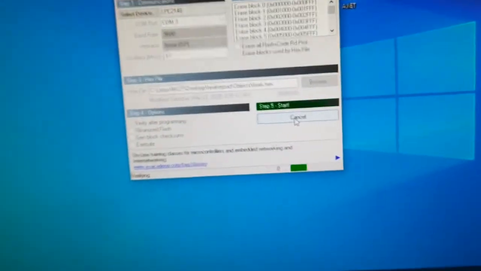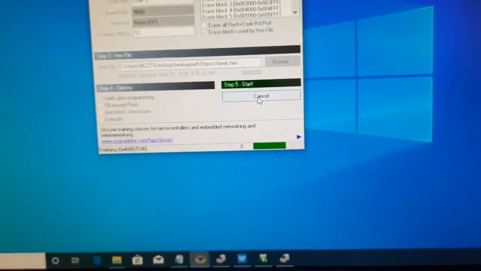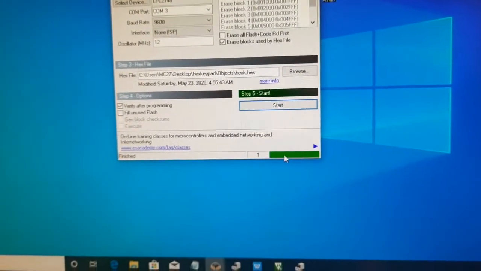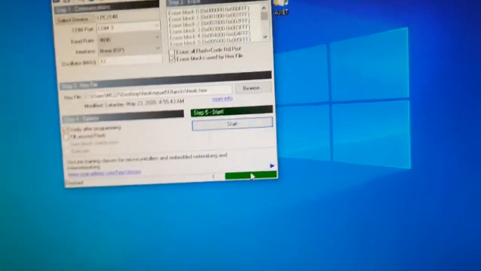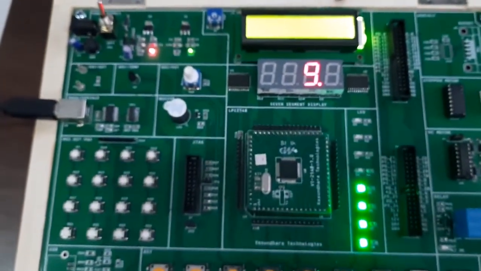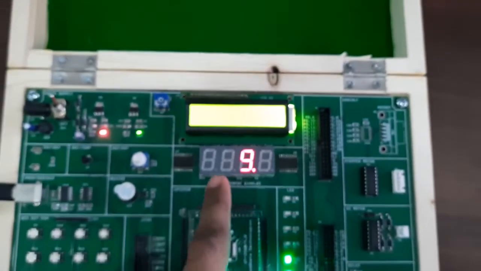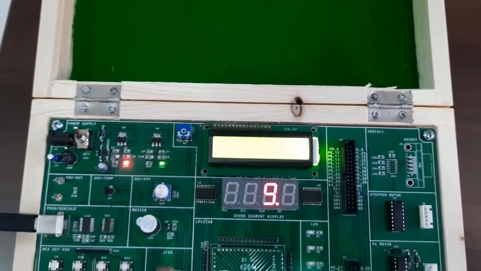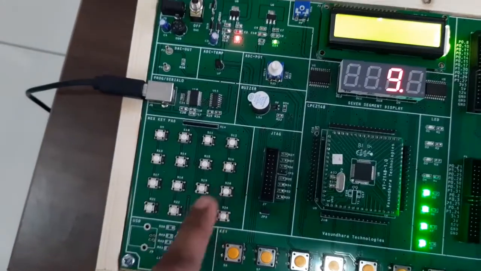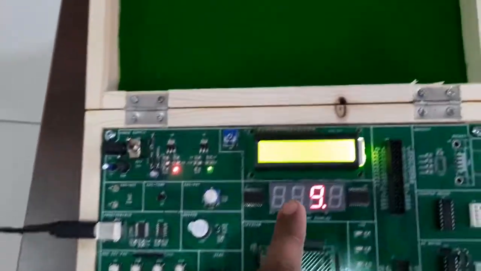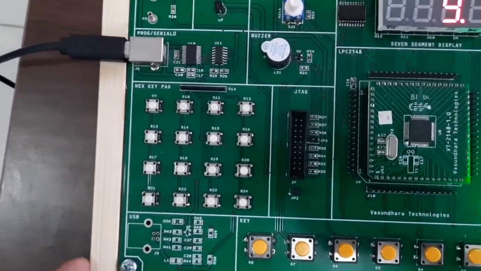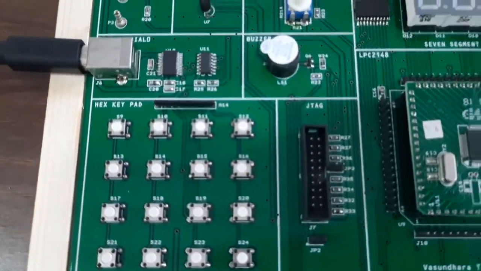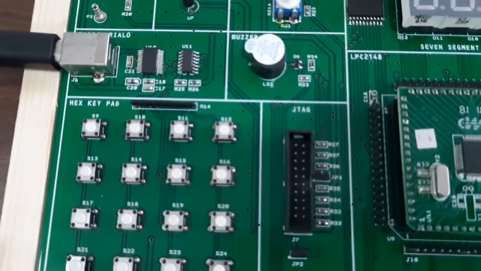So here program is loading. You can see here program is loading. Once your program is loaded properly, you can see the kit. Now I will go to the kit here. Now in this kit we have an LCD screen. We need the hex keypad key and value in the LCD. So now I am going to press some of the keys here and I will check those values in the LCD. So that is our program actually.